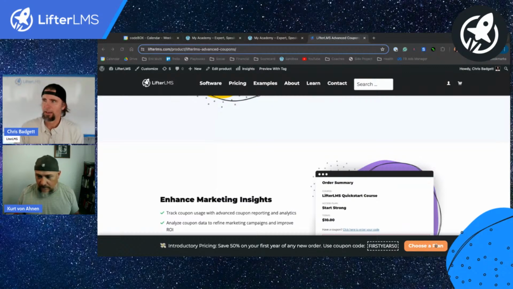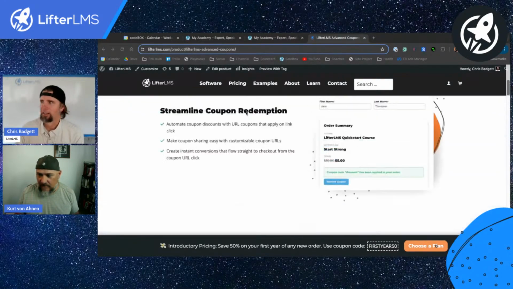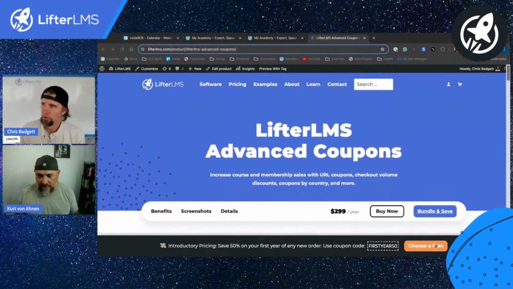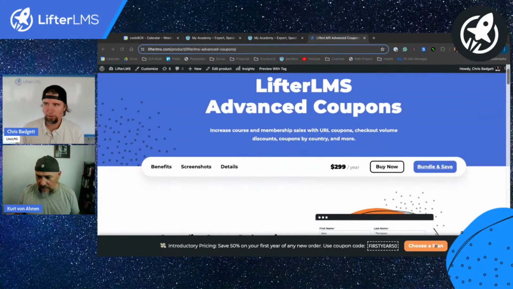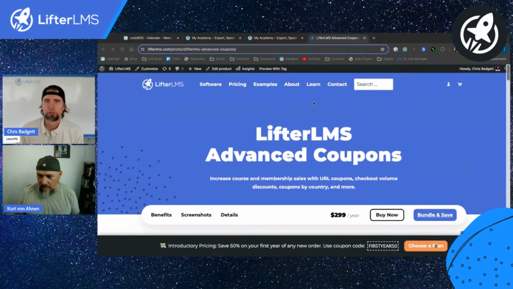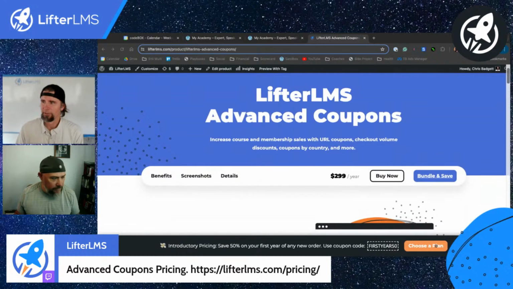Why are we even talking about coupons? Well, coupons are a big part of making money on the internet with digital products like courses, memberships, coaching programs. Everybody loves a good deal. They like a discount. They like a special sale and promotion. And we want you to have the most powerful tools for your learning management system, e-commerce system with Lifter LMS